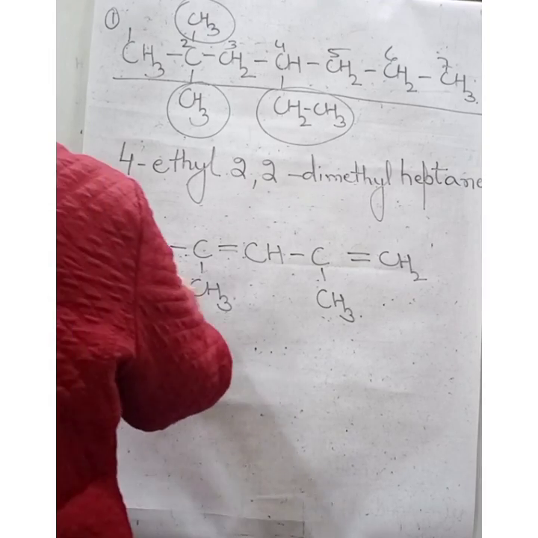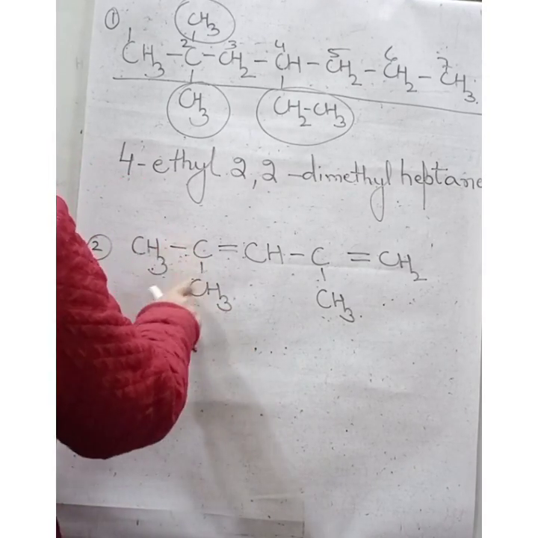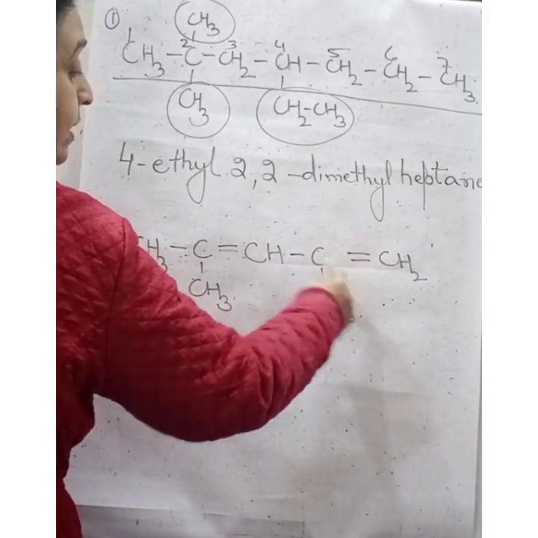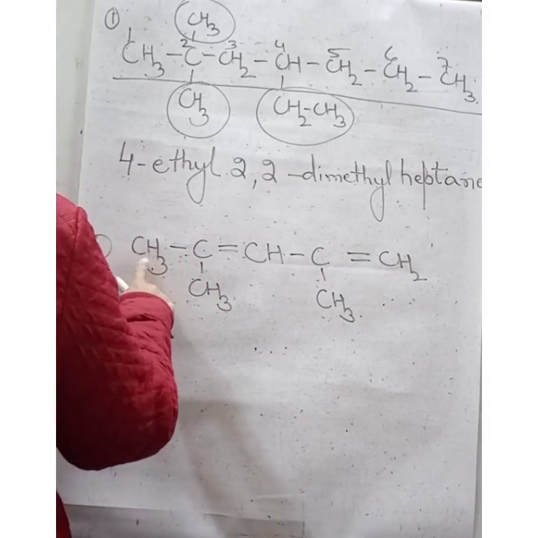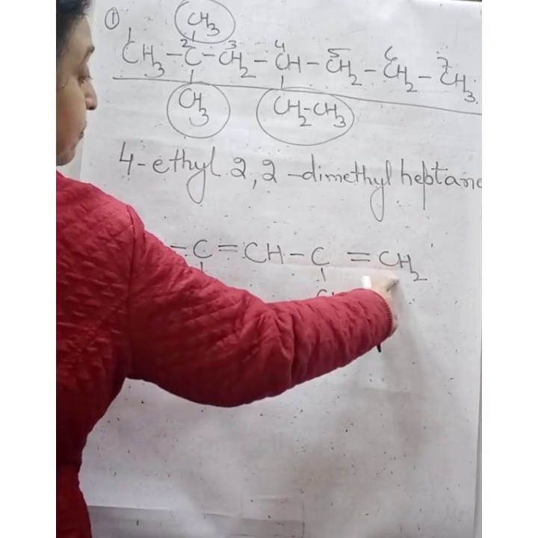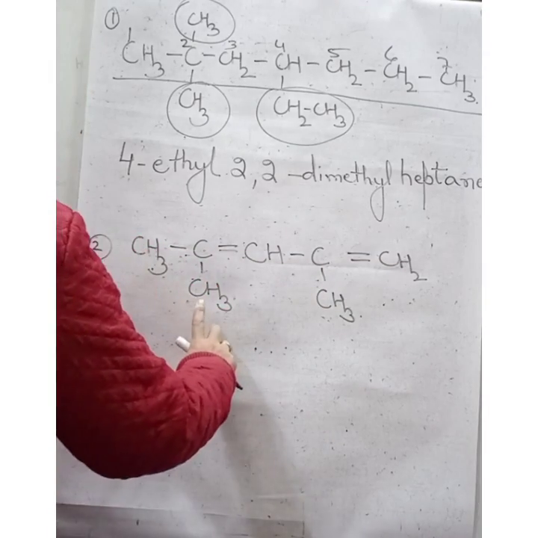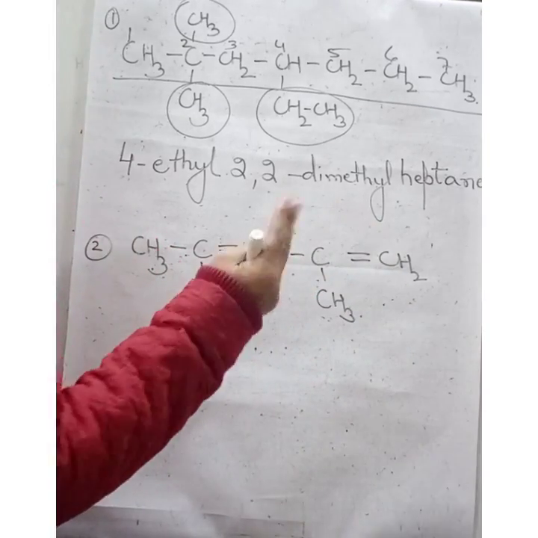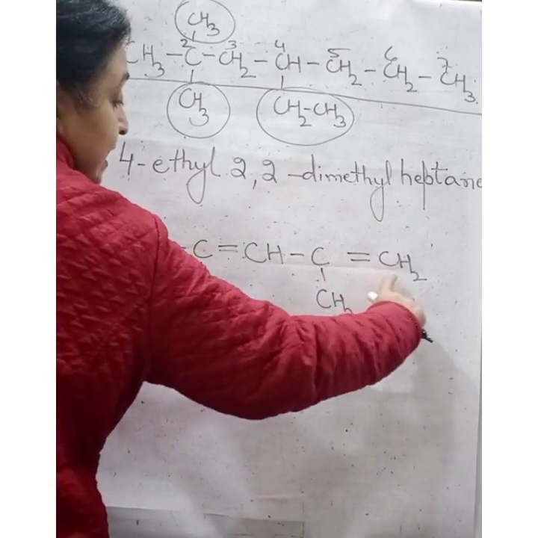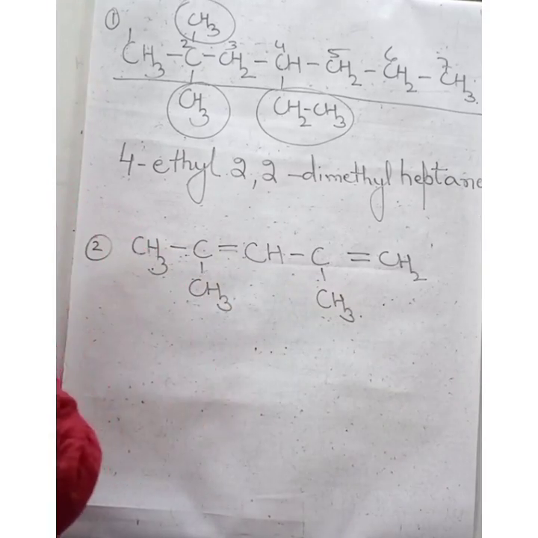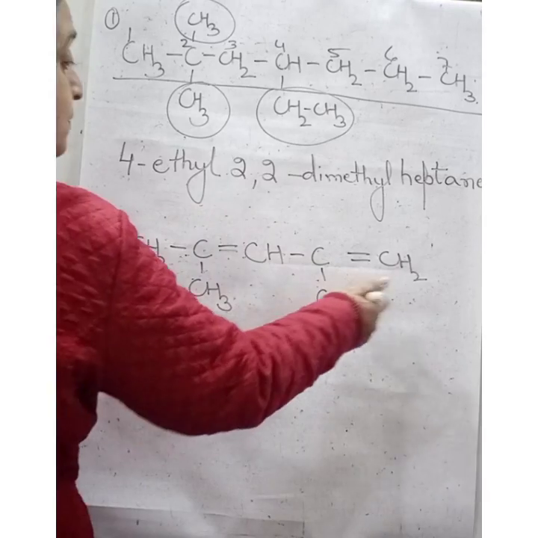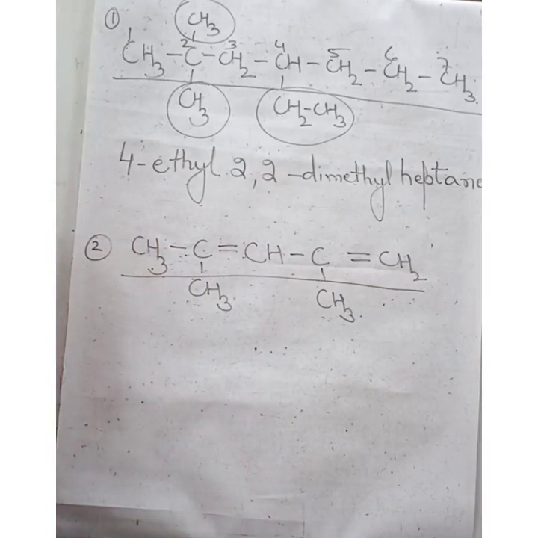Now see, I cannot select this chain because there is no double bond here. I cannot select this chain because only one double bond comes here. If I go for the straight chain, 1, 2, 3, 4 and 5 contains both. I can also go for this chain, 1, 2, 3, 4 and 5. So two possibilities. If you select the straight chain, two substituent groups are there. If I select the L-shaped chain, then also two substituents. So I will go for the straight chain as my longest chain.